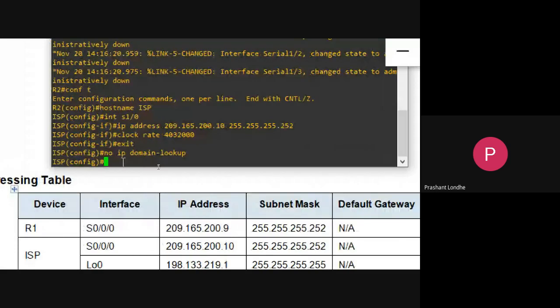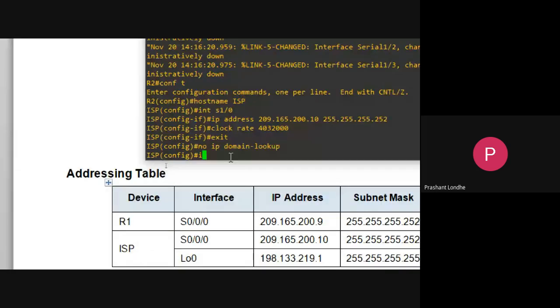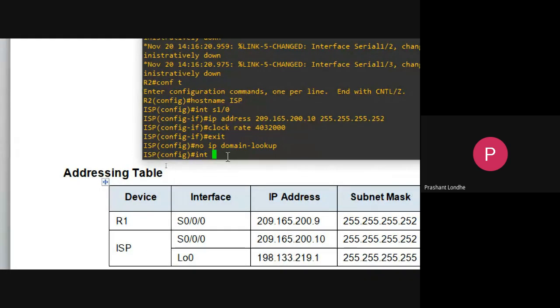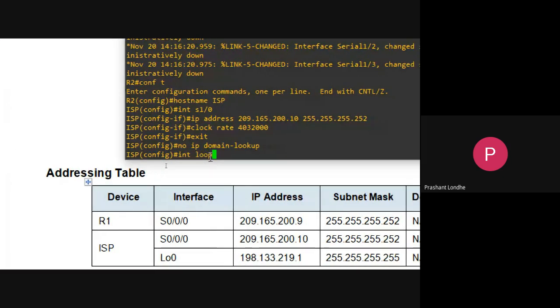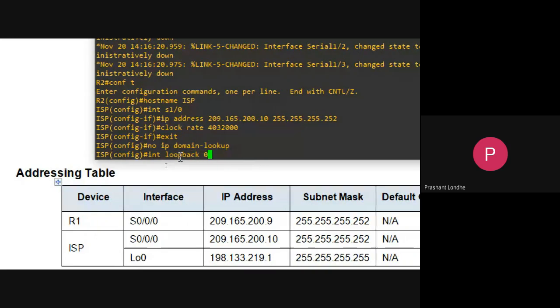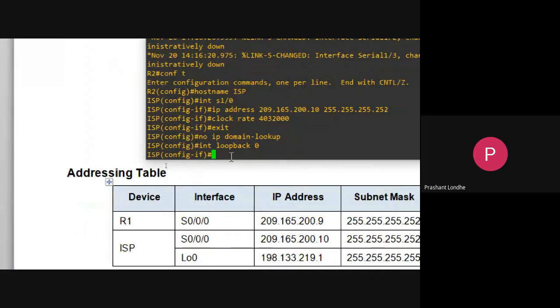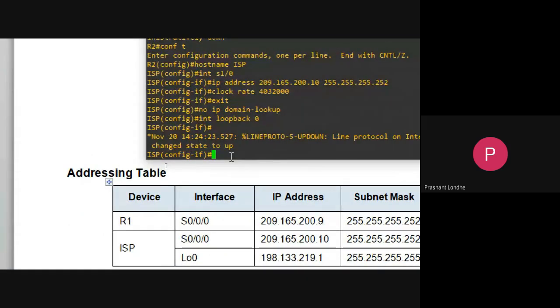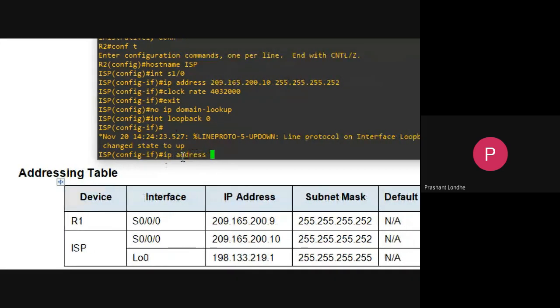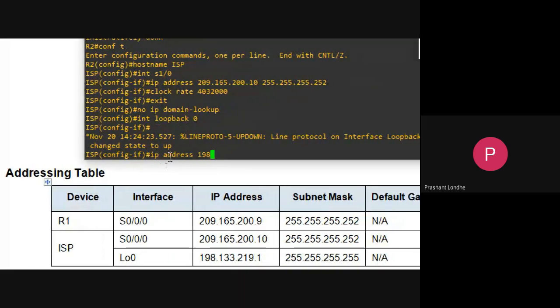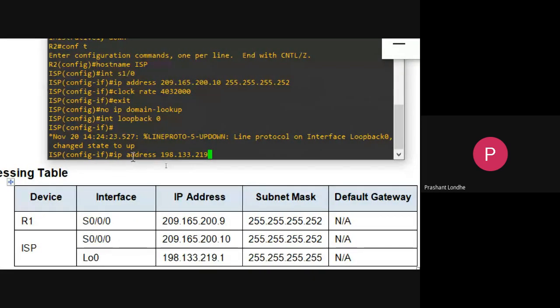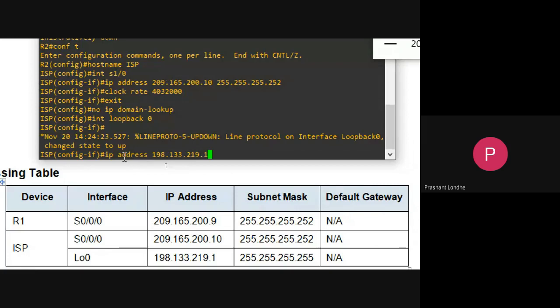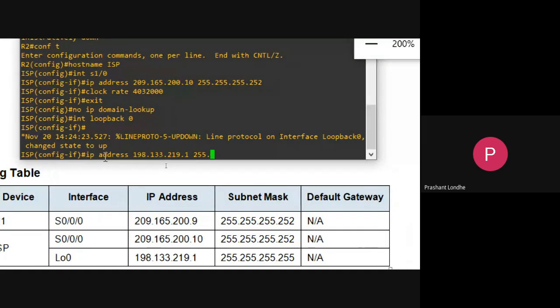So simply I will do int, port number is like this, loopback 0. So the loopback 0 stands for LO0. And I will just set the IP address 198.133.219.1 as required along with the subnet mask.